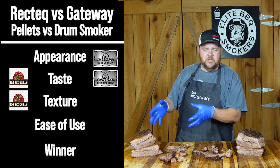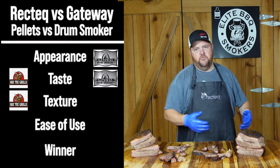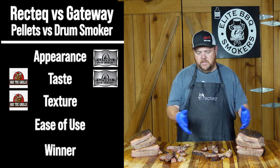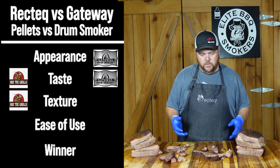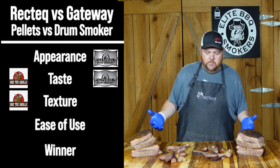But you can take a pellet smoker and cook very good brisket and compare it to a drum smoker, and you can be about in the same ballgame. There ain't a whole lot of difference between the two of them. There's a little bit of difference, but there's not enough necessary to worry about. So I would say that